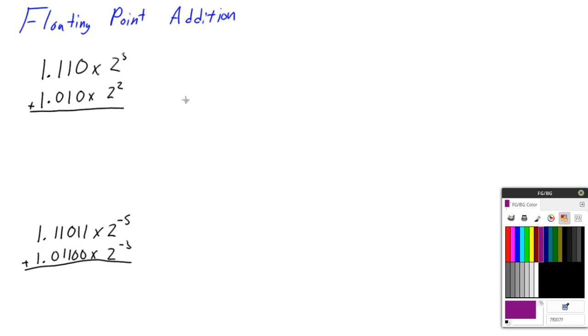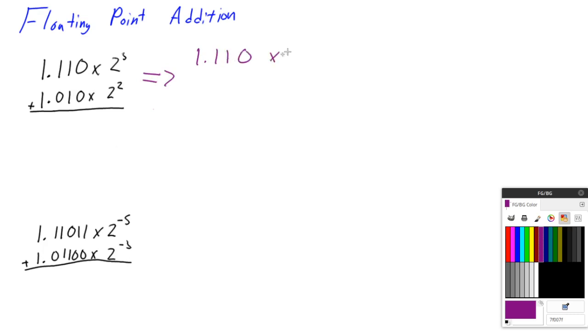Let's do some floating point addition. So the first thing we need to do is compare our two numbers and find which one has the smaller exponent, in which case it's this guy here, and we need to shift it such that they have the same exponents. So that means everything here needs to get shifted over by one place to make this 2 to the 3. So let's change this problem around, and we're going to have